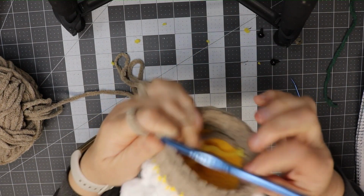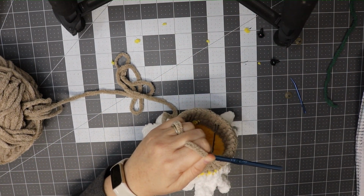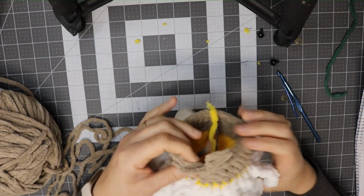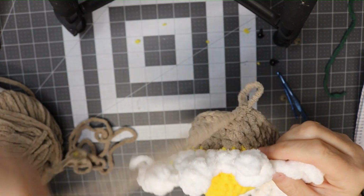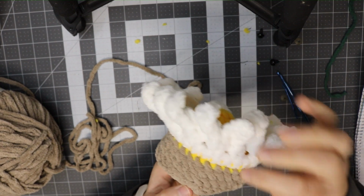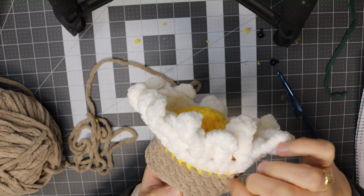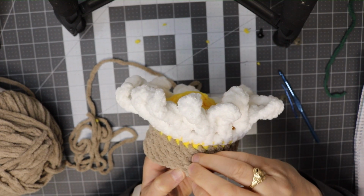That's what it looks like so far. That's with the 2, and then we will do 1 more and place the eyes. Okay, here we are. We did the 3 rows. This is your back. You're going to place the eyes in the front. This is the row that we did in the back loop only. 1, 2, 3. The safety eyes go in the row